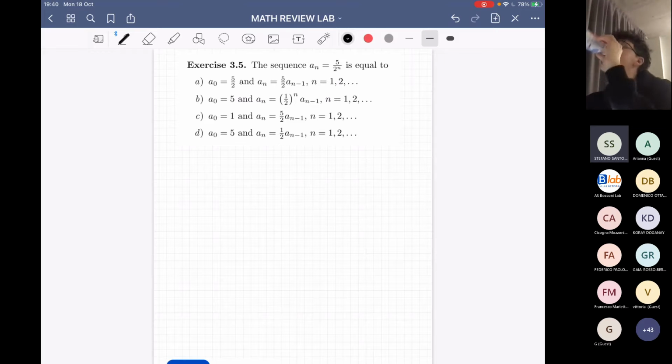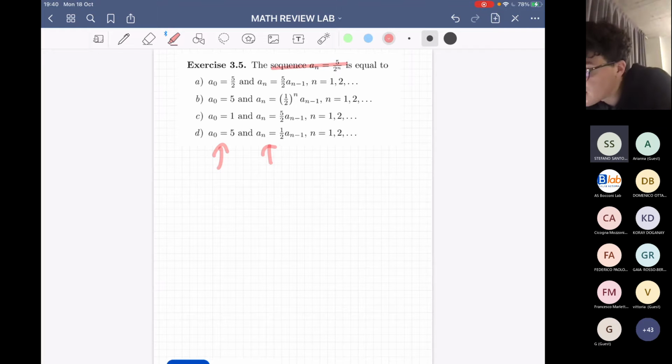And we talk about sequences, and for example here they are giving us a sequence, and they want to know how we can write the sequence in another way, and we have to establish how to write it. First of all, they are giving us the a0, and they're giving us the an. So the first thing to do simply is to find how much a0 is.